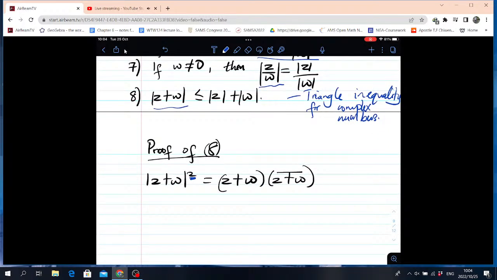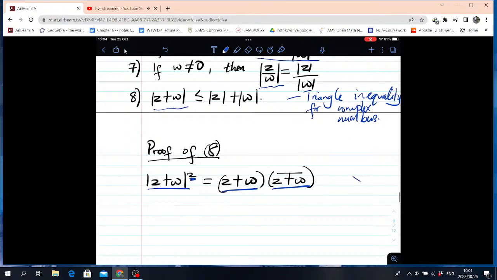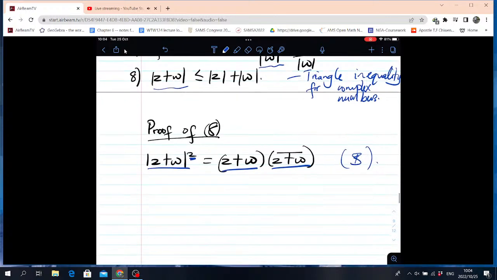so we know that if you square the modulus of that, then you get that times its conjugate, and that is coming from property number 3 there. So you can put the property here, number 3. And then from there, we say this is going to be equal to Z plus W